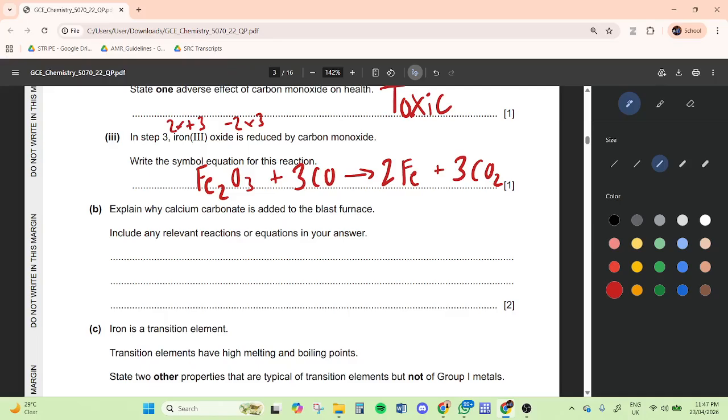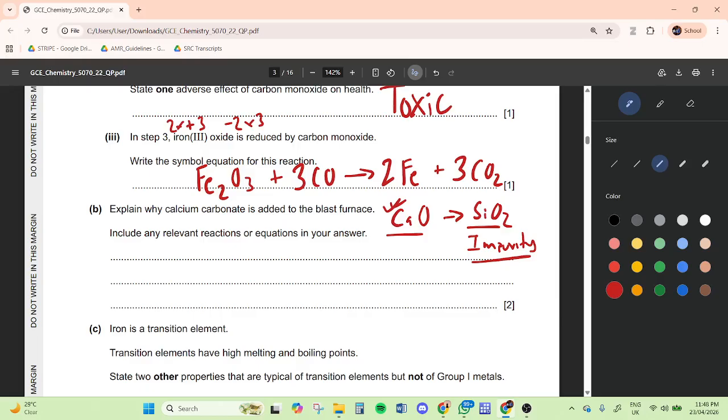Explain why calcium carbonate is added to the blast furnace. Include any relevant reactions or equations in your answer. So when you're adding calcium carbonate, you're not adding it just because of the carbonate, you're adding it because you want to get calcium oxide. Because what calcium oxide does is it binds with silicon dioxide, which is an impurity. So as long as you remember this concept that you're trying to get calcium oxide, the rest of this answer